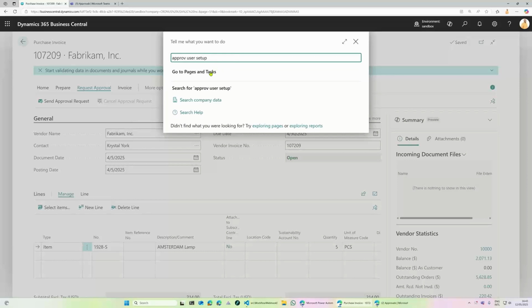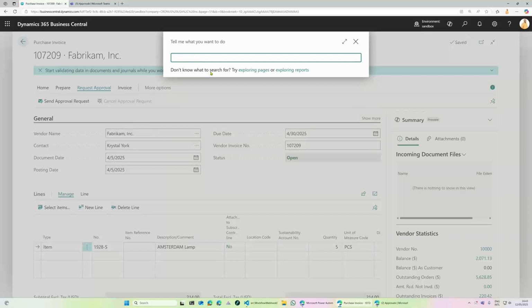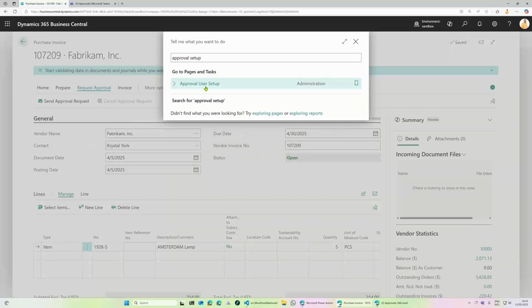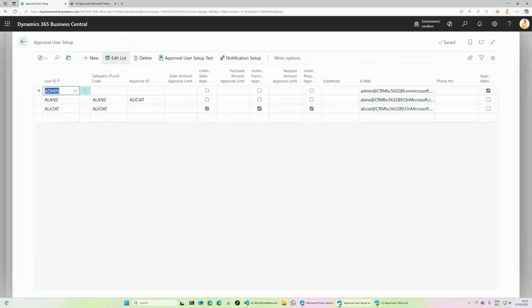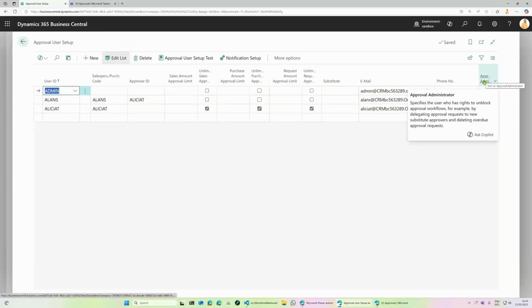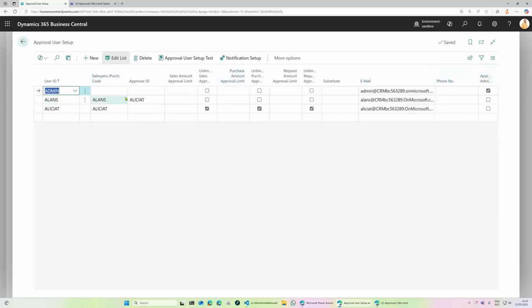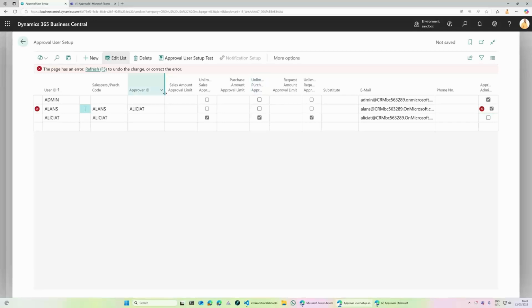Why is it moving? Okay, okay. Approval setup, there it is. Here we have the approval administrator, which is the admin user in this setup. I cannot turn on this for another user because it is only allowed to have one approval administrator.